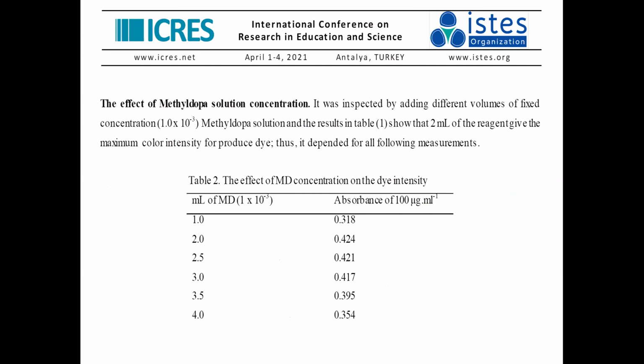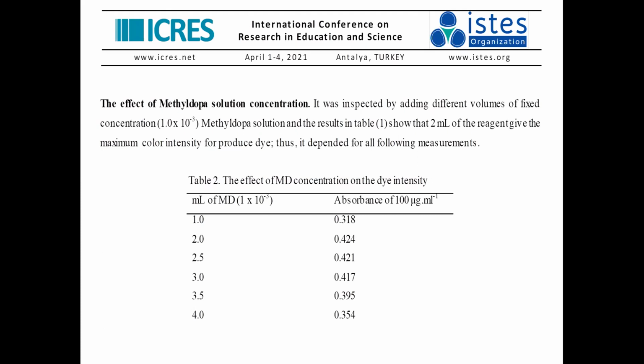And then also we study the effect of the concentration of methyl dopa. As we know, we don't know exactly how much we need from each of the compounds for the reaction. Usually, therefore, we add more concentration of methyl dopa or any reagent in the reaction to cover all the amount of paracetamol that we need to determine the concentration of. Therefore, we add different amounts of 1 to 10 minus 3 molar methyl dopa, and then also